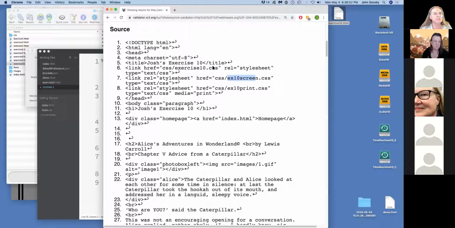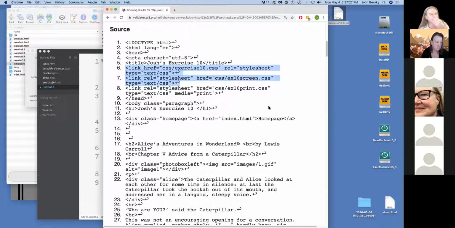This one is a generic style sheet, and this one is clearly for print. So what's going to happen is this. The browser is going to take both style sheets, the exercise 10 one and the screen one, and is going to use that for your screen styles. So you could just combine the styles and style sheet into your X10 screen style sheet. Essentially, that's what the browser is doing. So think of these as one style sheet, and then you got your print style sheet. So these two are your screen style sheet.